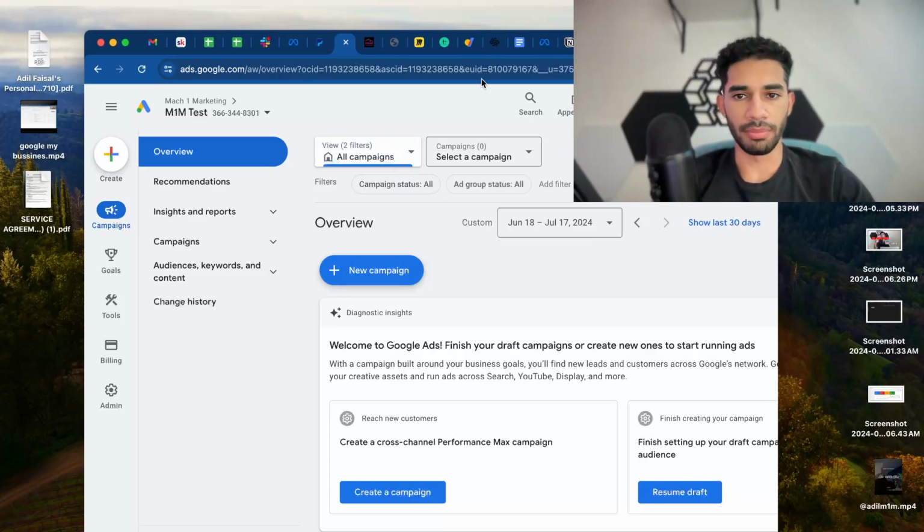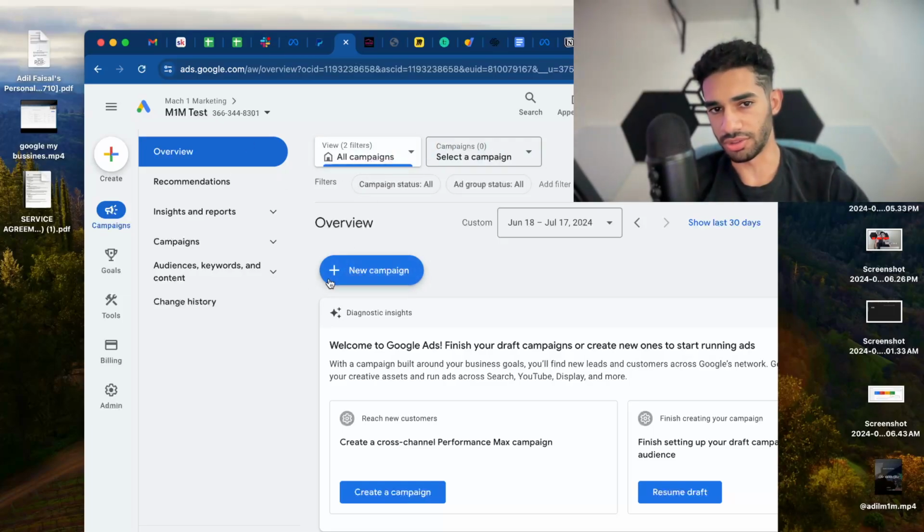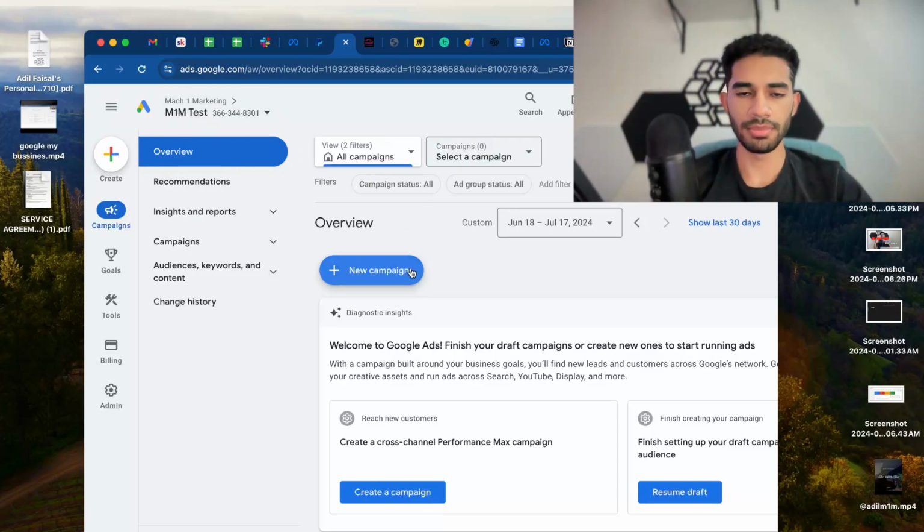First, when you log on to your campaign, if you have ads running or whatever, you're going to see your other ads. Just make sure that you are not launching a new ad group, you're launching a new campaign. You should see this big blue button that says new campaign right here. This is a test ad account, so yours might look a little bit different, but same subject. So you're going to click new campaign,